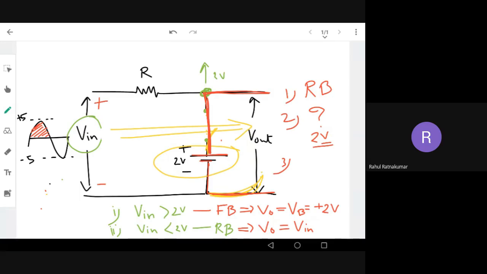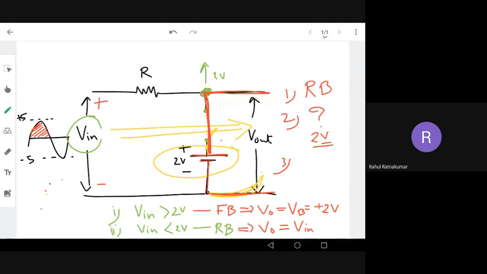You have to go step by step. First, see what is the condition of the diode. Is it reverse bias or forward bias? Then how much reverse bias or forward bias it is. Then based on that, if the input is greater than 2 volt, only then the diode is on. If the input is less than 2 volt, the diode remains off. Then use Kirchhoff's law in both cases. You will get the two conditions. Now these two conditions you have to draw in the graph.